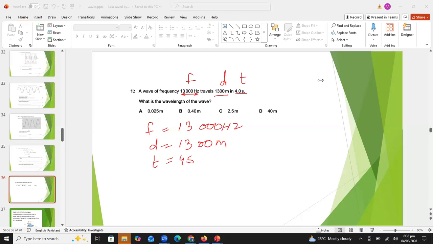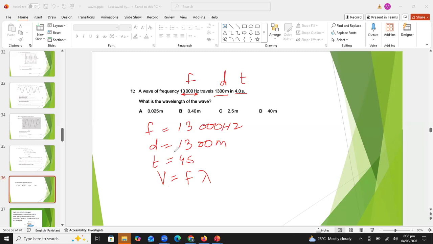Assalamu alaikum, Amna. So we will use the formula V is equals to F lambda. Exactly, students, we will use the formula V is equals to F lambda to calculate the wavelength. So Amna, you are taking the first class today. So let me tell you, we are discussing the chapter wave. And we are solving the past paper questions of topic related to waves.